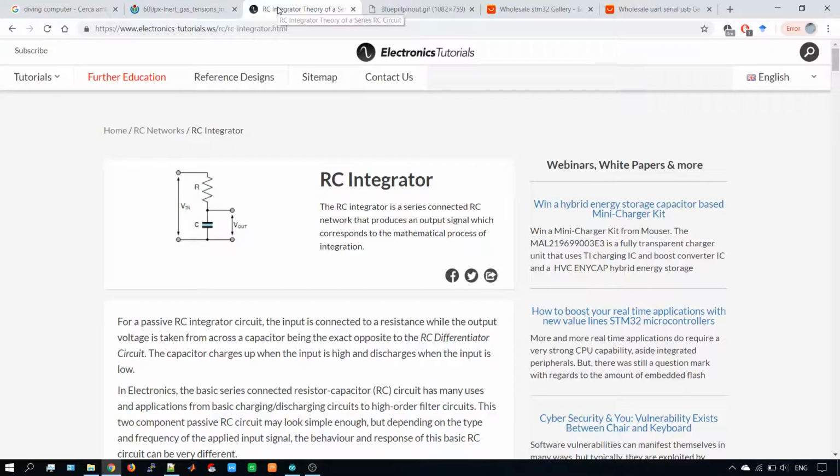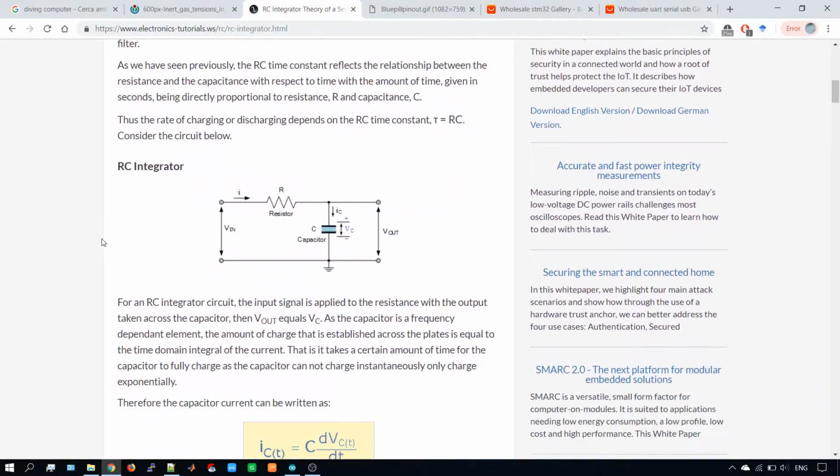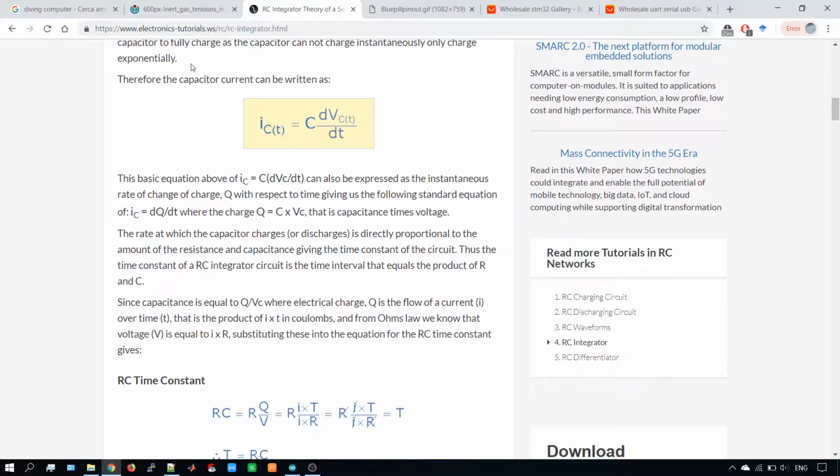So what I propose to do is to use an analog computer to solve this equation instead of using numerical methods. So I propose to use an RC integrator, which is this figure here. We have the voltage in, voltage out, and we have in series a resistor and a capacitor. The voltage out is across the two sides of the capacitor. Why do I use this circuit? Because it's very convenient,